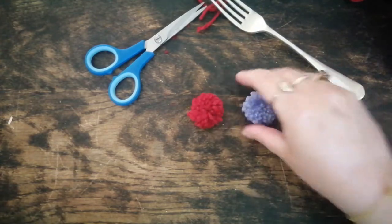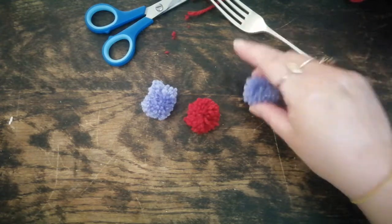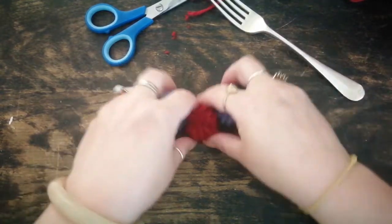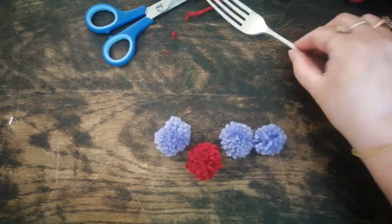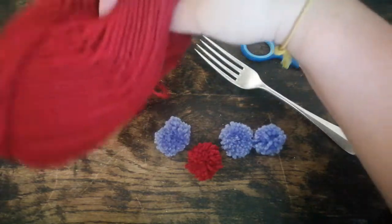You can obviously thread them together and make a little garland, which would look really cute. You can stick them on cards, you could add them to masks that you're making, anything really. But they are super simple to make, and all you need is a fork, pair of scissors and some wool,